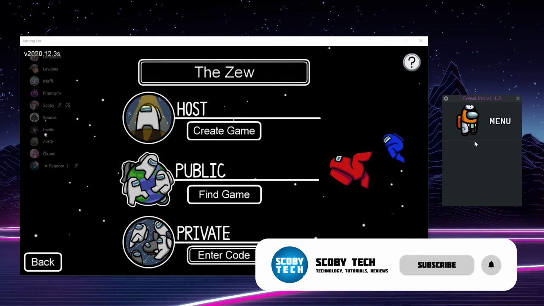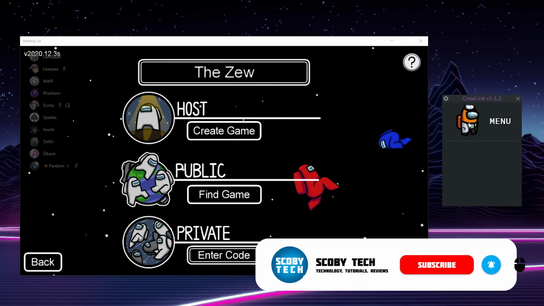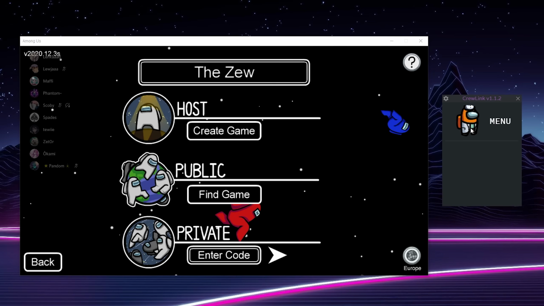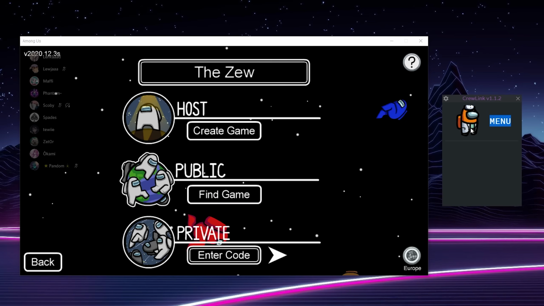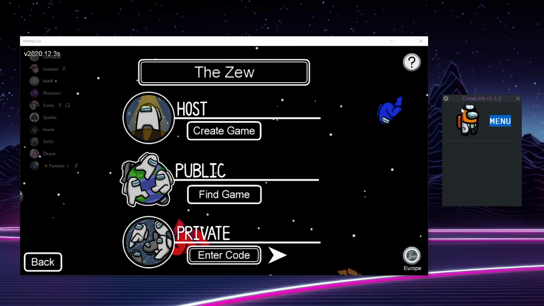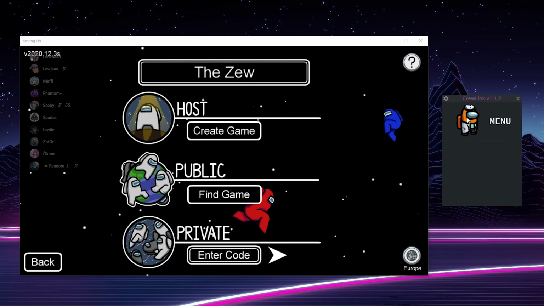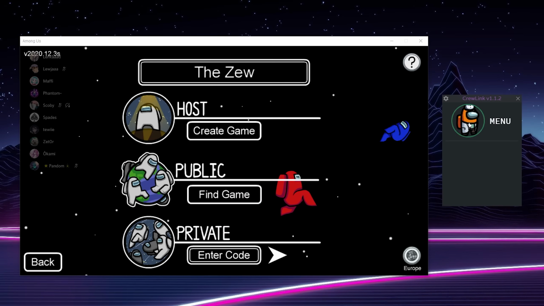So if you did manage to actually be able to log into CrewLink and have it set up where you can actually get to the menu, you can see on the right here from an older build, I was actually able to get to the menu, and here you'll also see a version of your current colored character. So from this point, you can see there's a green circle popping up around me whenever I speak, and this is a voice activity, and that means my voice is currently being picked up and actually sent through CrewLink.